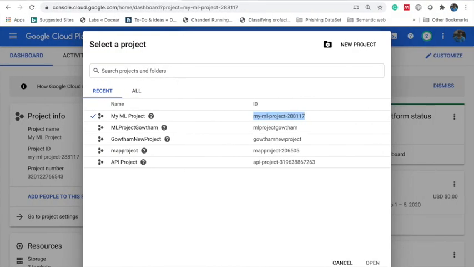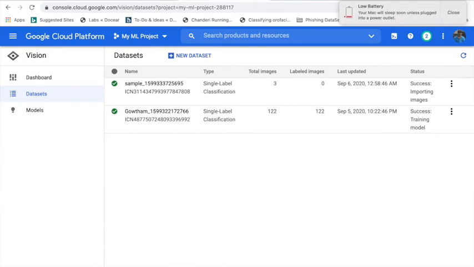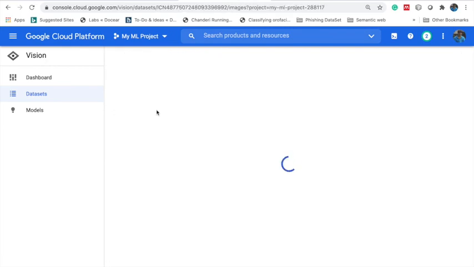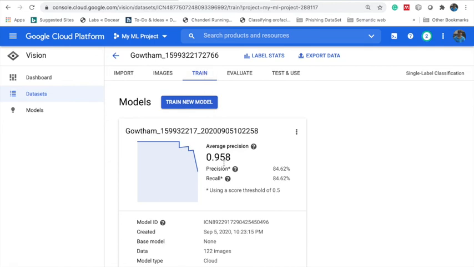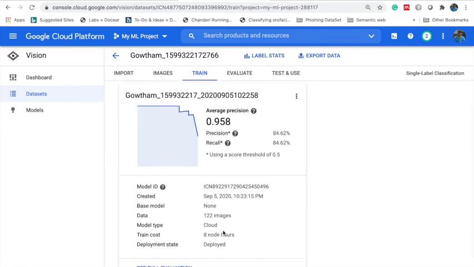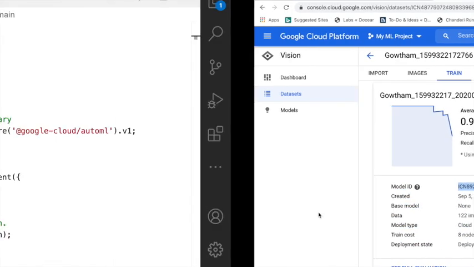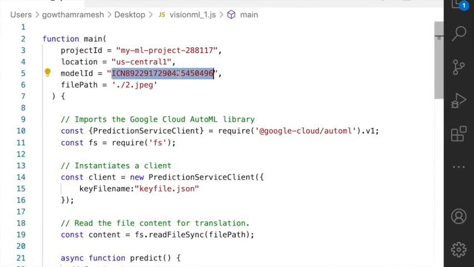Go back to the Vision API, click on the model which you generated, and inside that, go to the train tab. As I already told you, this has a lot of meta information, and one piece of it is the model ID. Click on the model ID, copy it, go back to your program and paste the model ID here.